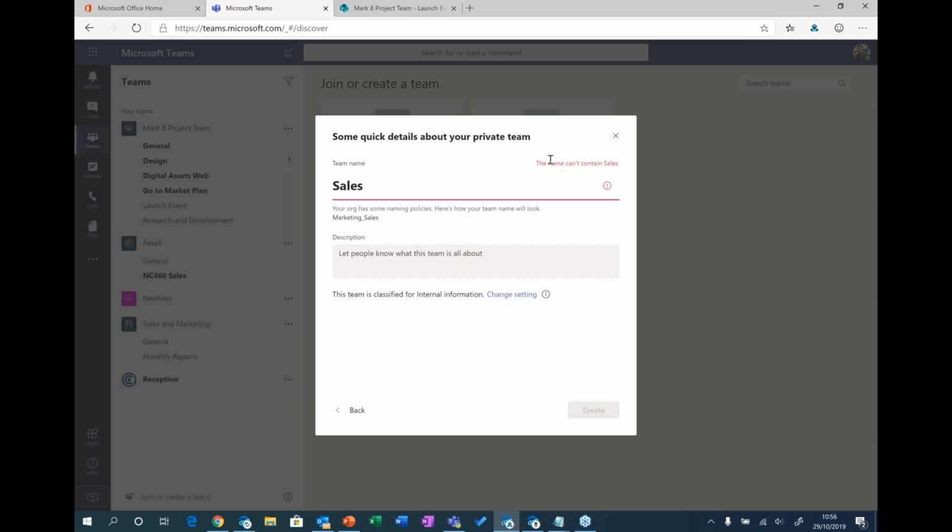And you'll see it pops up here to say the name can't contain sales. So I won't be able to create this team with the word sales in it. And you'll see at the bottom here, it's already starting to show me what the actual team name is. So I could change this to project Y, for example, and it will allow me to create it, but it's going to prefix it with marketing